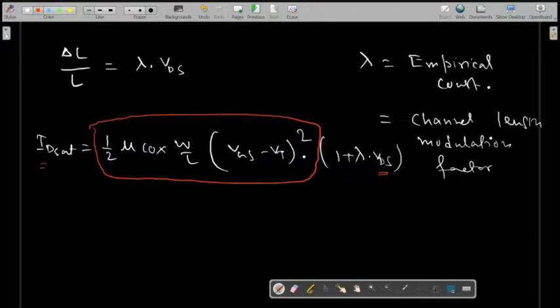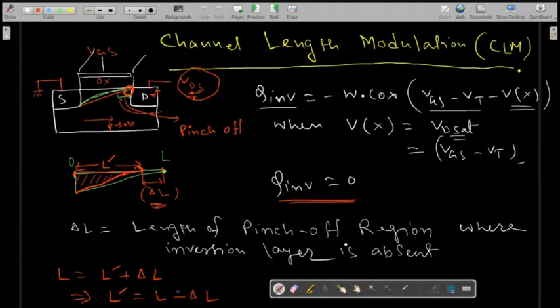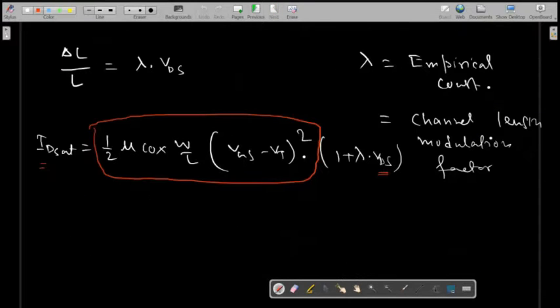In the second part, 1 plus lambda VDS, so the VDS term again came. So when you are increasing the value of VDS, it is expected that the current will increase because the 1 plus lambda VDS term is there. The lambda is some value like 0.01, 0.001. So when you are increasing the value of VDS in saturation region, current will increase slowly. Is it clear how we do the correction? So this extra term is coming due to channel length modulation effect. If you neglect channel length modulation effect, lambda will be 0, so this second term will not come.